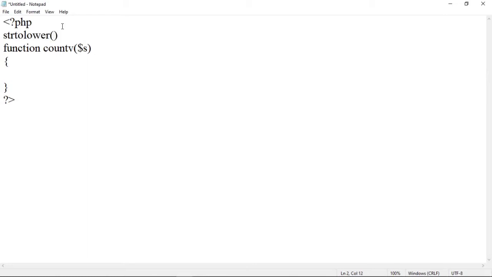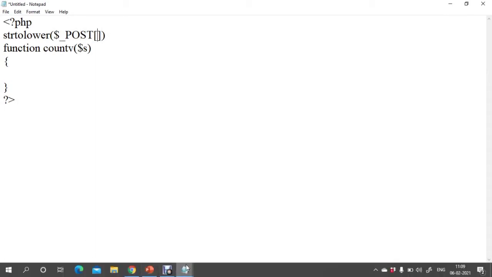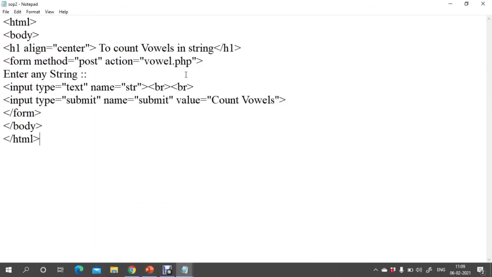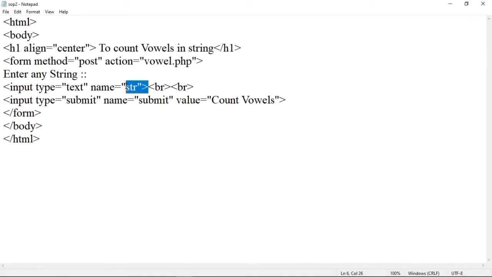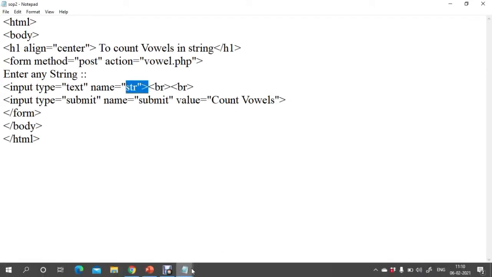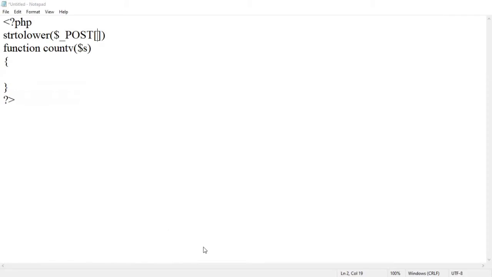Here use $_POST in bracket. Here that string is entered within this text box, and the name of that text box is str. So here use str.